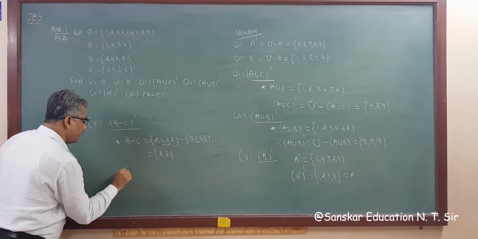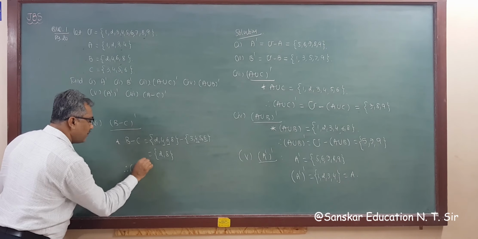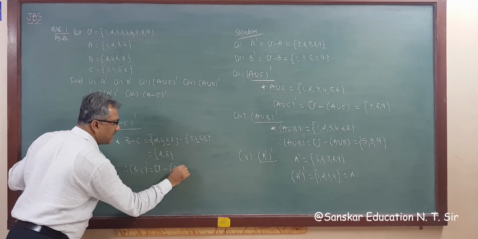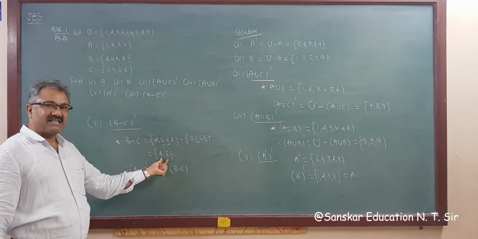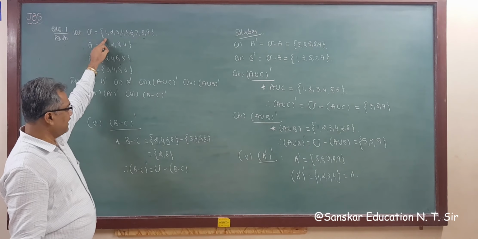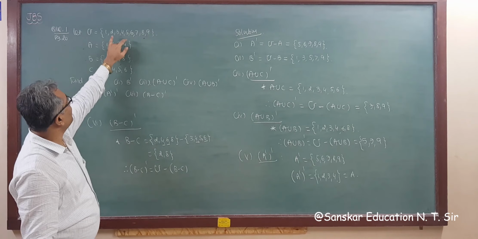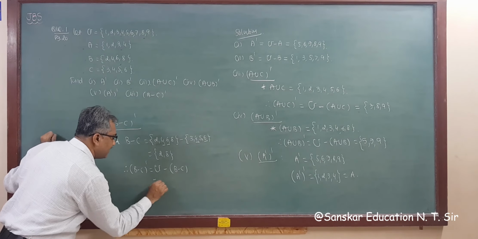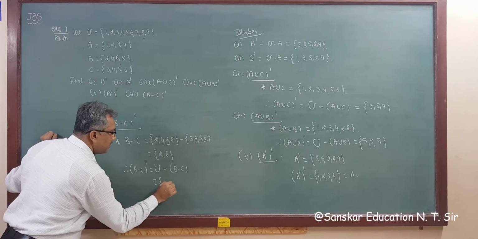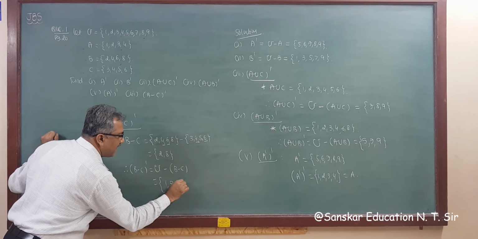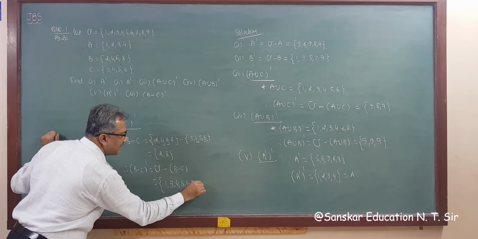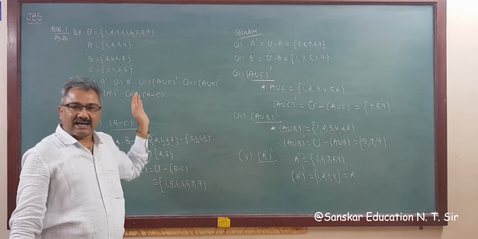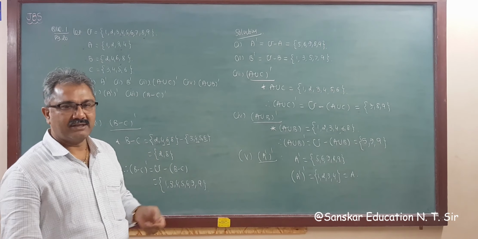So therefore B minus C whole dash is equal to, the definition is U minus B minus C. So remove these two elements from U, only 2 and 8 are removed. So removing 2 and 8, what do we get? The answer will be, I am writing here 1, 3, 4, 5, 6, 7 and 9. This is your answer. So it's a nice practice for you. Okay, thank you.